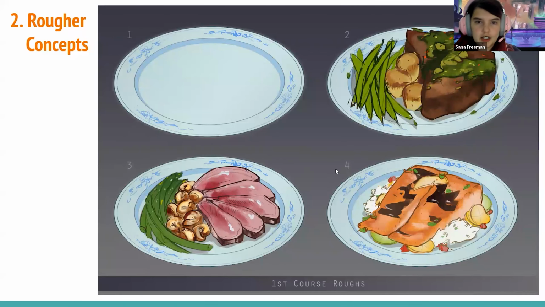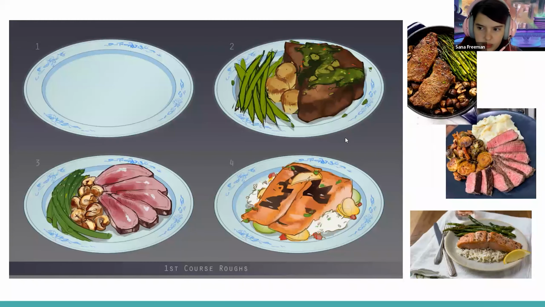And my second one is just doing rougher concepts in general. This might seem really obvious, but there is a way to do this without leaving the modeler confused, which is, again, pretty obvious, but just providing photo reference. Because if you can provide this with this, you have the design right here, you have the material work right here. This gives the modeler absolutely everything they need to know, and this didn't take me that long at all.